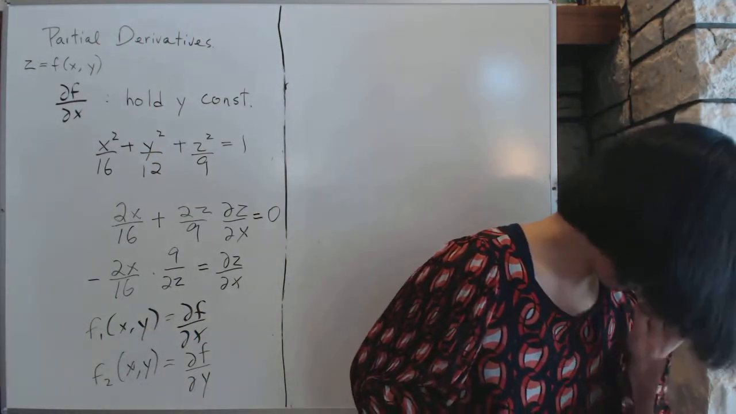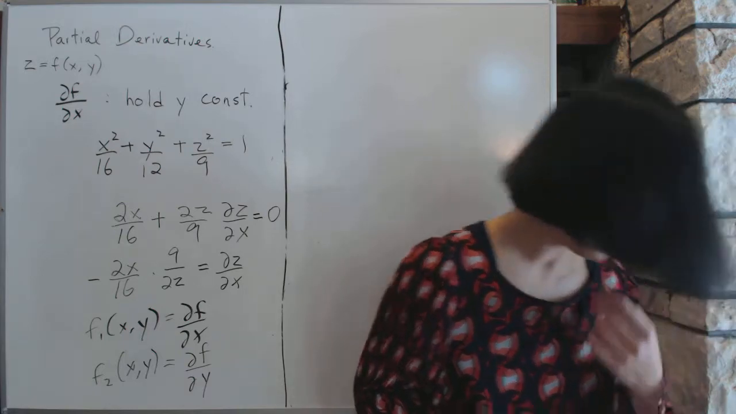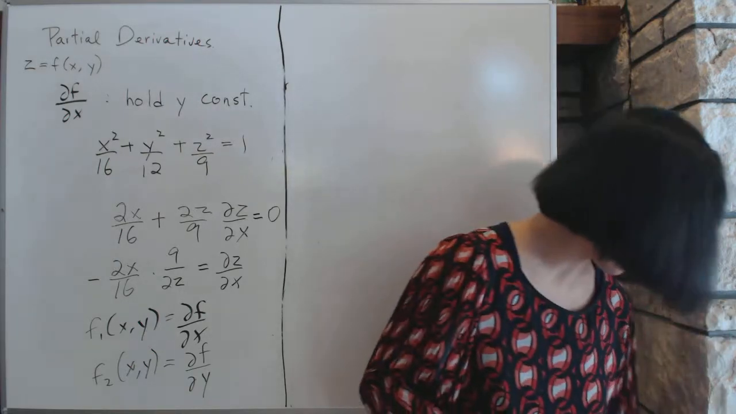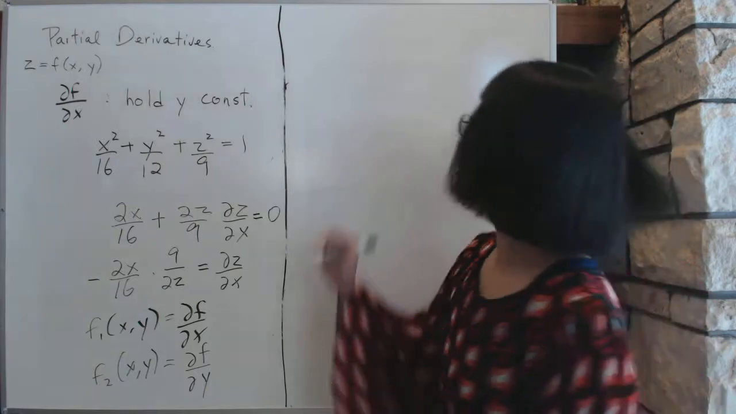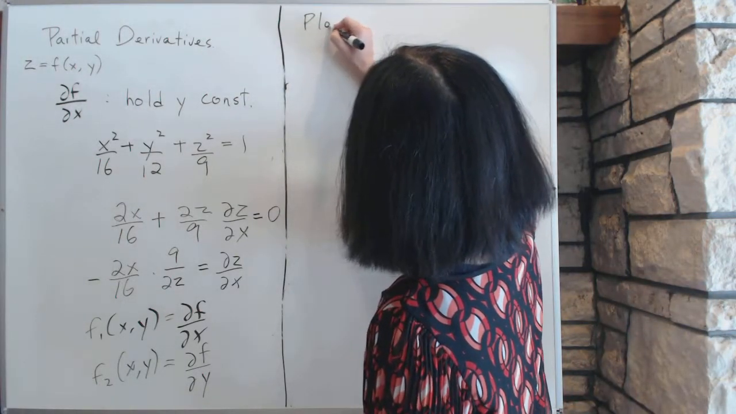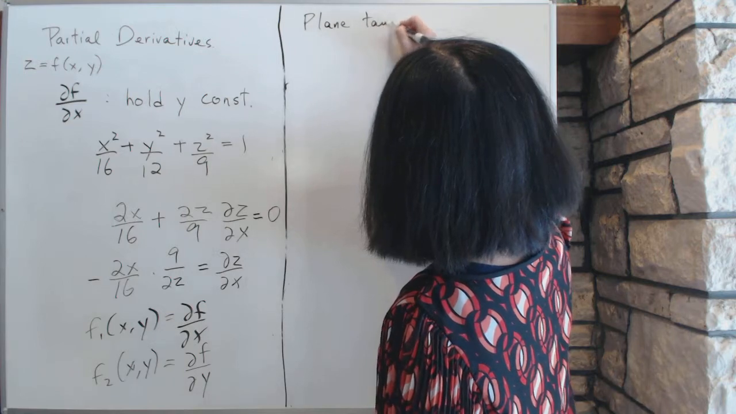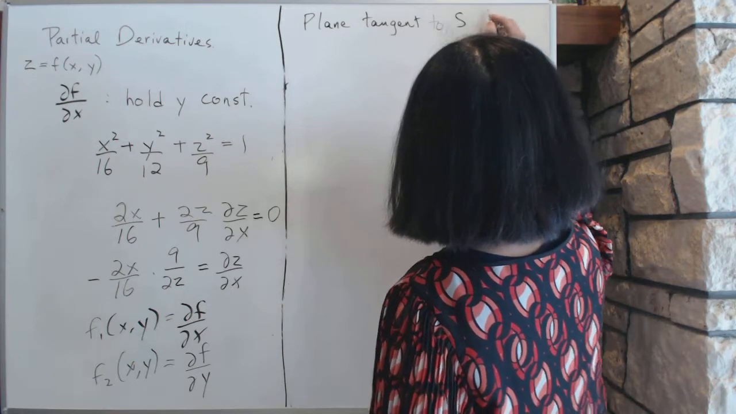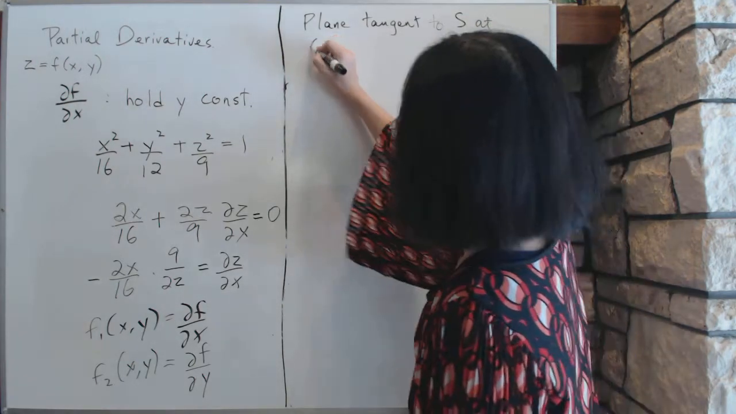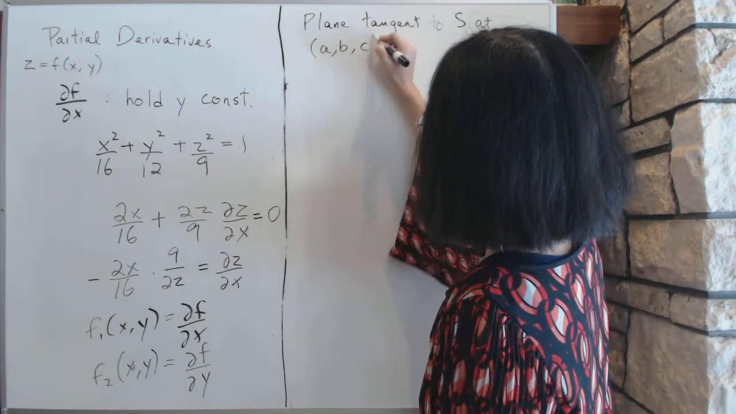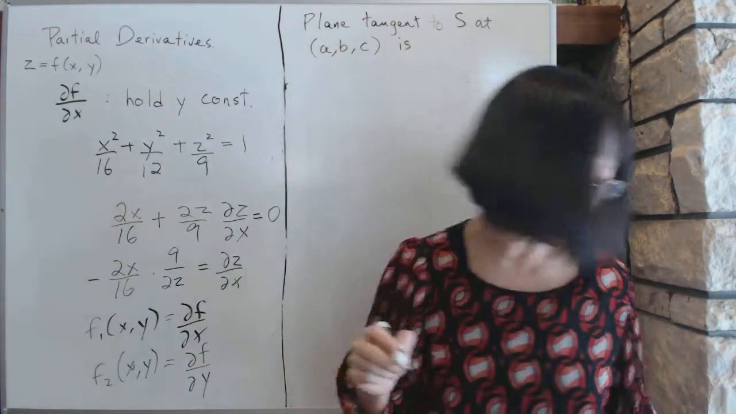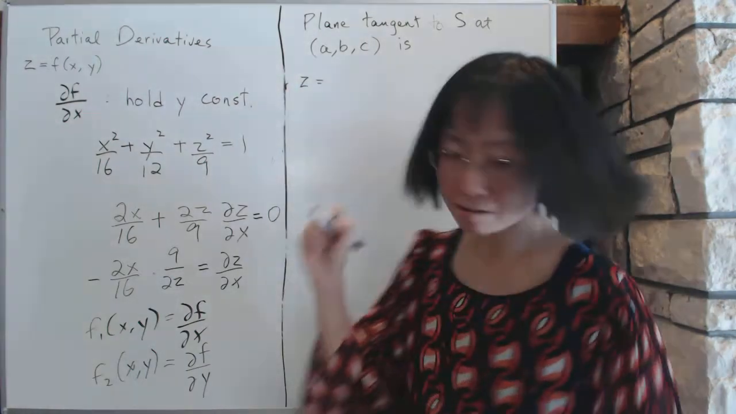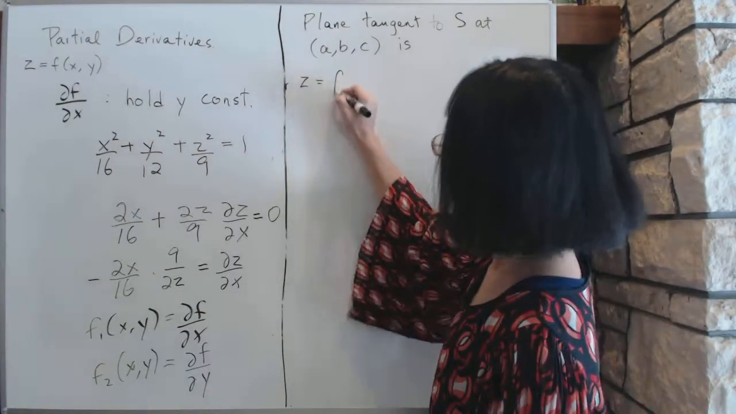In any case, the formula for the plane tangent to a surface: you have a surface S, and you want a plane that's tangent to it at a specific point that's called (a, b, c). So the formula of a plane tangent to the surface S at (a, b, c) is this particular formula, which is